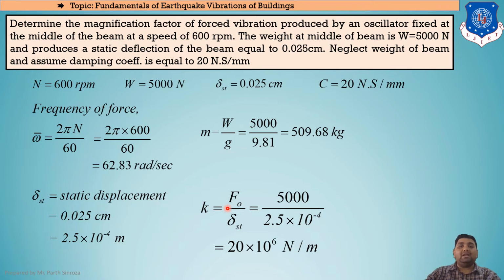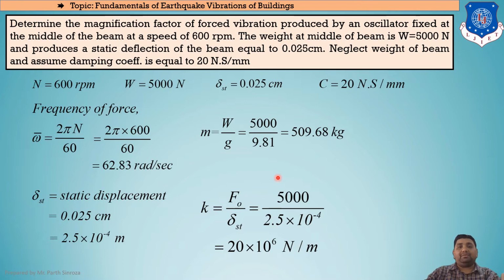So we can't use the generalized stiffness equation that we used to use. For cantilever we used to find the equation by 3EI by L cube. For fixed end condition we used to find the value of k by 12EI by L cube, but we can't do it in this case. So for this case we will be using the term F0. Considering our case, with stiffness as the subject, the equation comes out to be F0 upon delta st. F0, that is initial force.